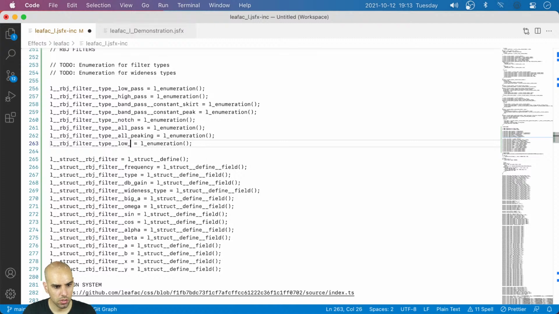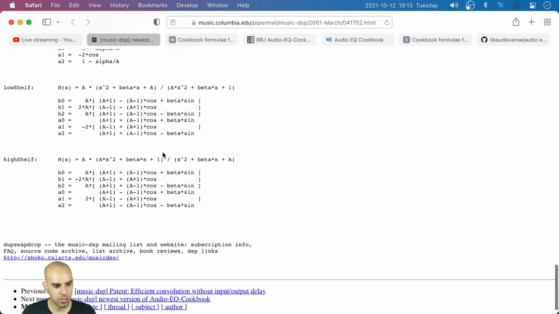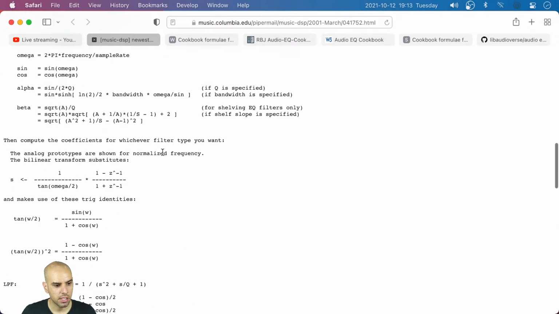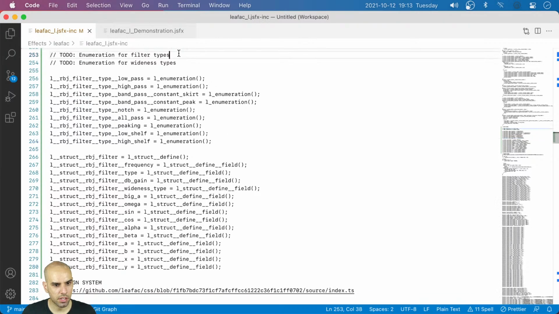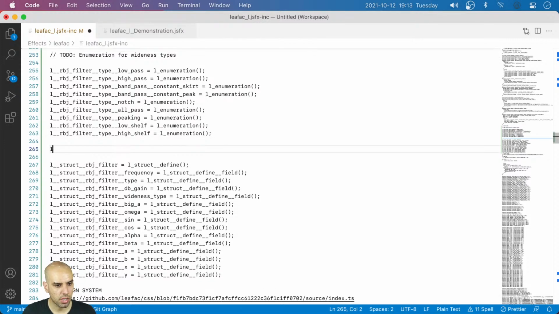Oops, low shelf, high shelf, and it's not all peaking, it's just peaking. So there you go, those are the types of filters that we can have. And let's also have an enumeration for the types of wideness. So